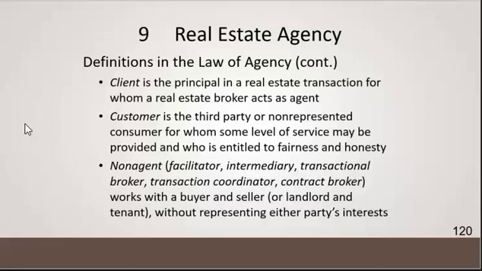Oh, the attorney would know how to do the paperwork because they're probably a real estate attorney. All right, so they would know